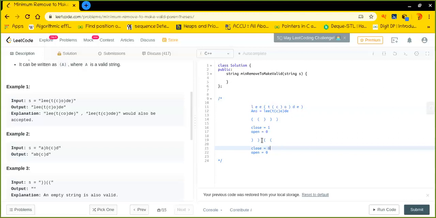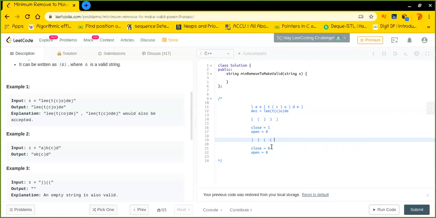So whatever is present after it is completely invalid, isn't it? Because we do not have any closing bracket to match with, correct? So that is why we will simply ignore it, and we will simply ignore it as well.